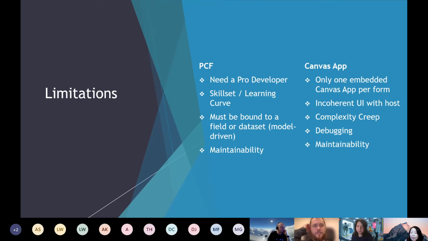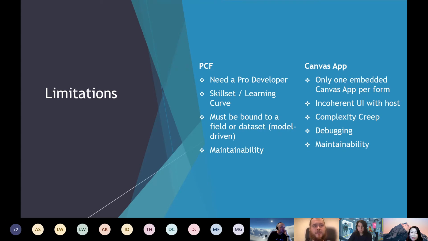Microsoft themselves say, when you actually want to start embedding stuff on the form and you have a lot of these in your organization, to definitely use PCFs, not Canvas apps. That's their advice, and that was quite new information to me. We're working on an engagement where almost every form has some kind of UI customization, and they follow the same path that I'm suggesting here: start with Canvas apps, get an idea, figure out what you want it to do, make a prototype, don't waste the time, and then you can give that Canvas app to a pro developer who can then turn that into a very functional, operational, scalable PCF.